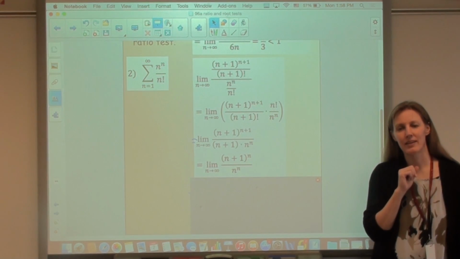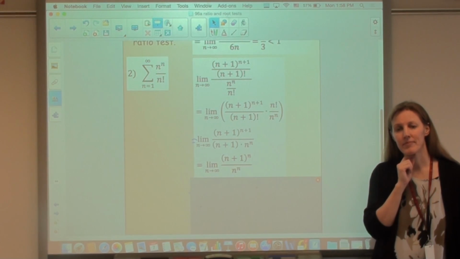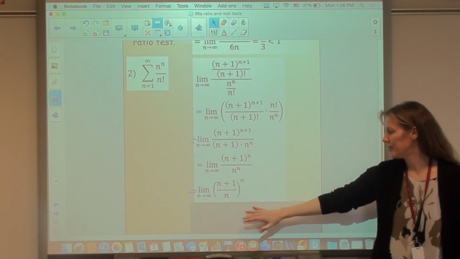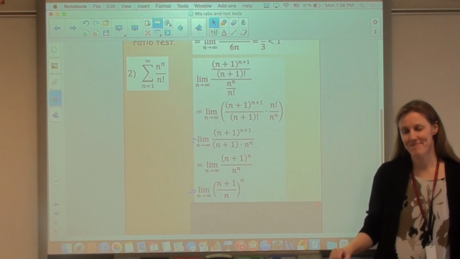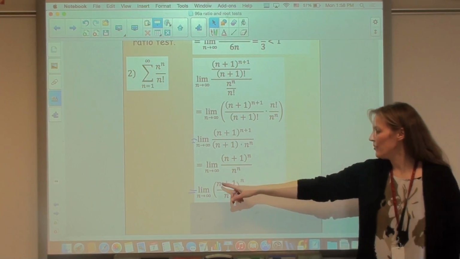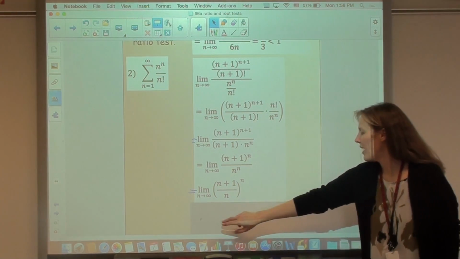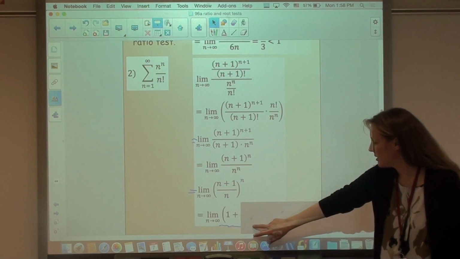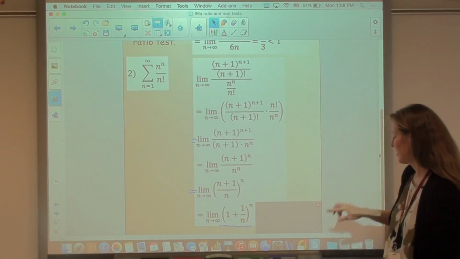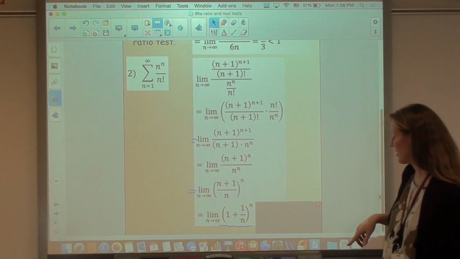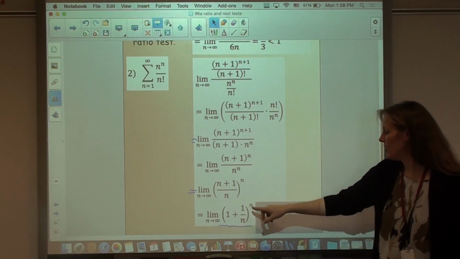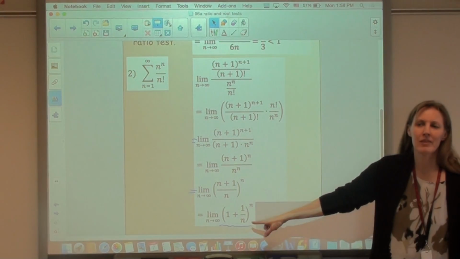Yes, Shreyas? So you can do the whole thing to the end like we usually do with geometric series. And then if you divide it out, it's 1 plus 1 over n to the n, and the limit of that. Alright, so, if you rewrite this as the limit of 1 plus 1 over n to the nth, some good stuff right there. Anyway, if you rewrite it as 1 plus 1 over n to the nth, I'm hoping that